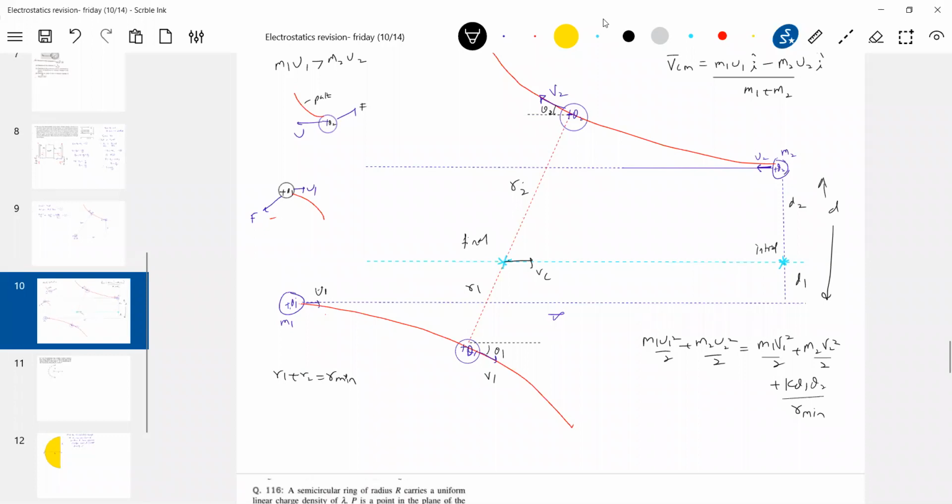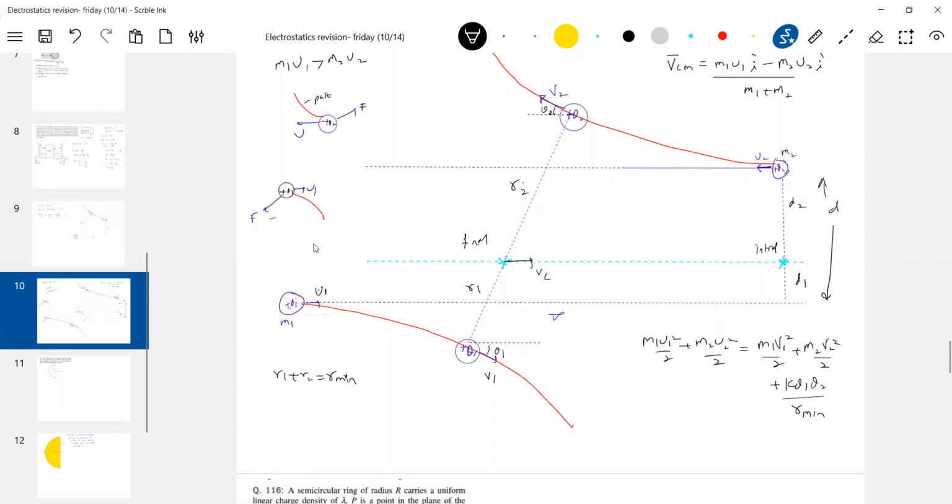Can we apply conservation of linear momentum? Yes, it should be m1 u1 minus m2 u2 equal to m2 v2 cos theta 2 plus m1 v1 cos theta 1. What should happen to the components of velocity along the line joining the centers of mass? Go back to the minimum. When it is minimum, what happens? The velocities along the line joining should be equal, no? Similar to a collision idea.